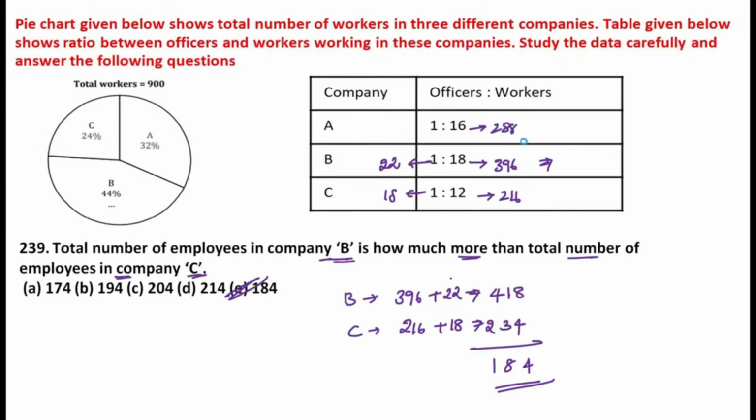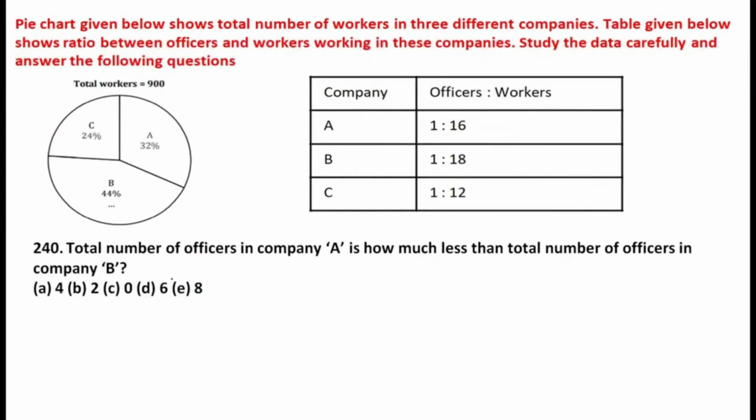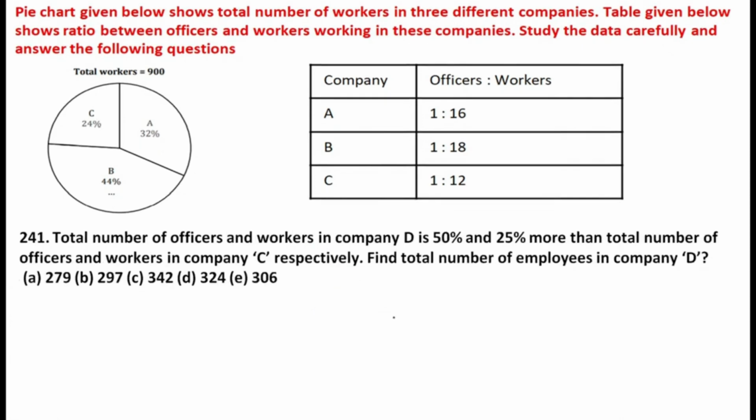So here by the 288, here by the 80. See the next one. The total number of officers in company A is how much less than the number of officers in company B. So the difference, see the difference between 18 and 22. If you understand the data carefully, you can solve this question within seconds, guys. Few questions. So just learn how we are taking the data. If you learn those things,